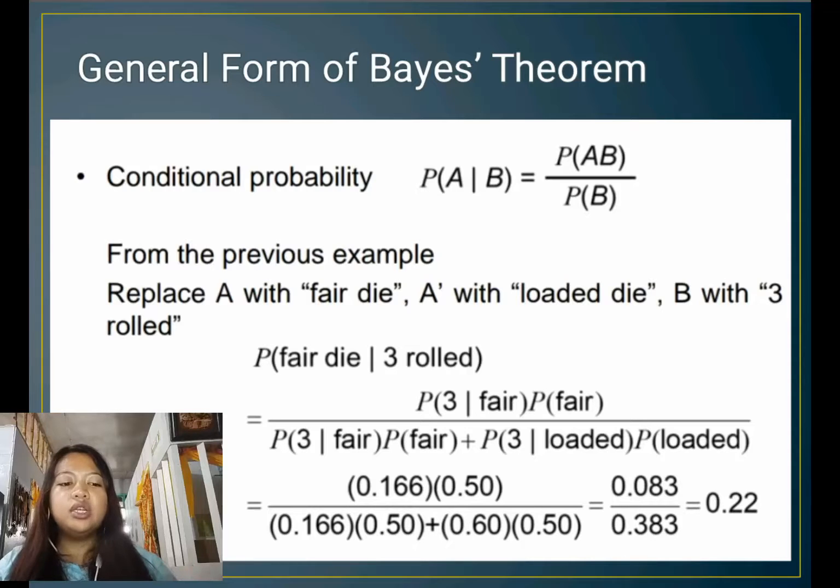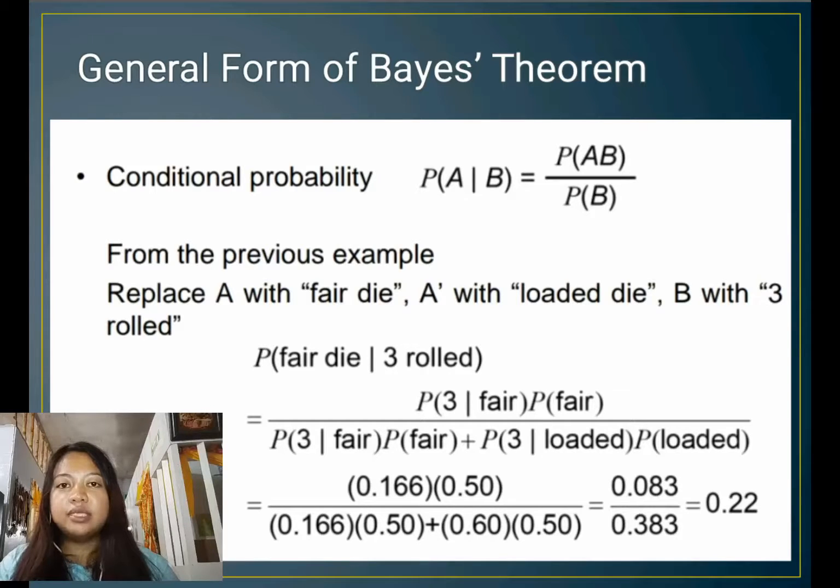So, the equation from earlier is the probability of being A given that it is B is equal to the probability of being B given that it is A times the probability of being A, divided by the probability of being B given that it is A times the probability of being A,